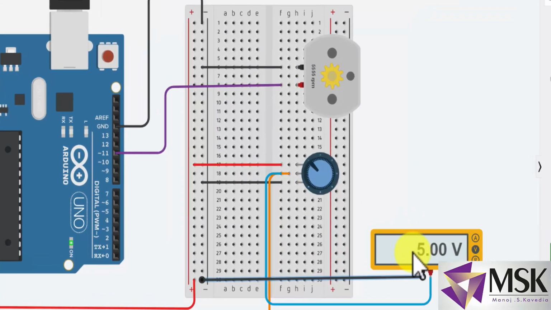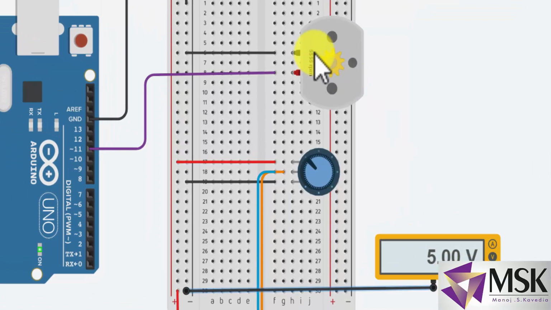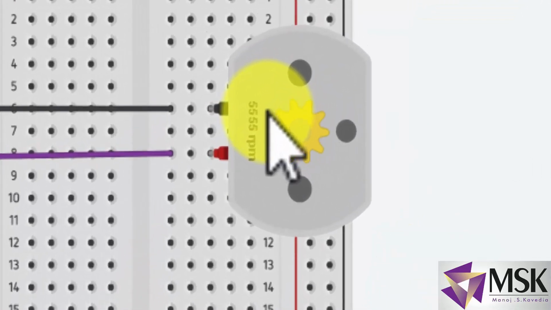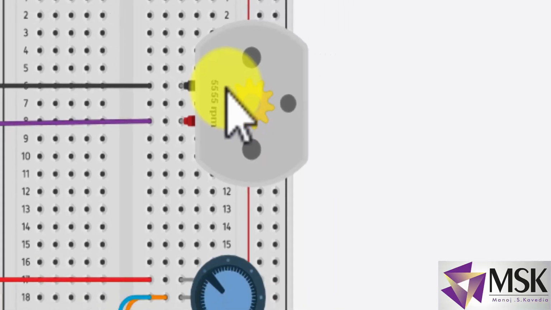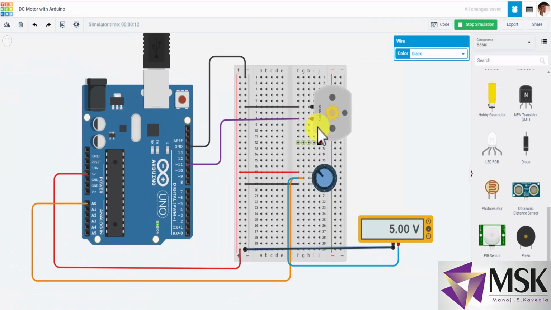See, it's approximately 5 volts, which is giving the highest speed. We have seen already when it was logic high, it was giving the speed of 5555 rpm. So I've kept the highest voltage, so it is giving 5000. So this 5 volts is going to A0. This is converted into a digital value and again written on pin number 11 with the help of the analogWrite command. Now I'll change the voltage.